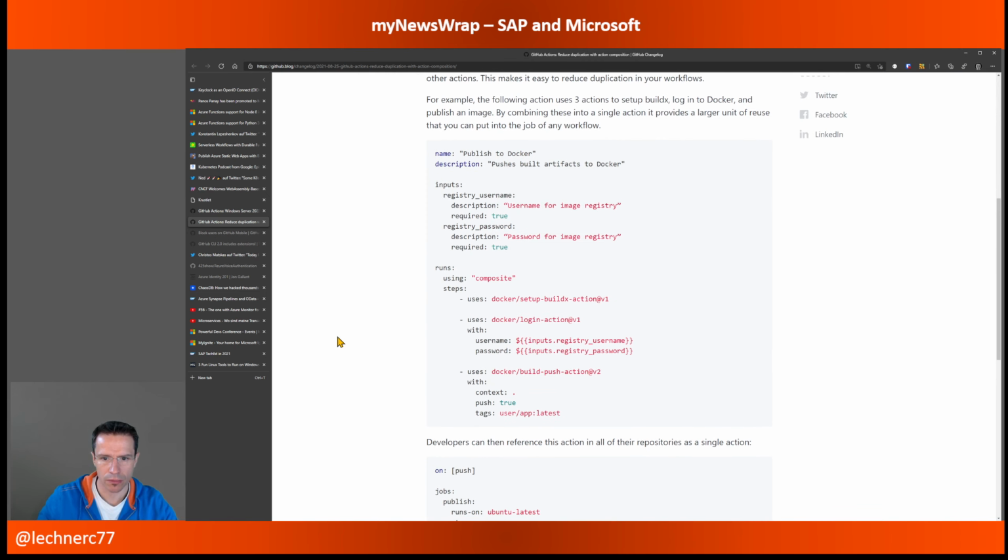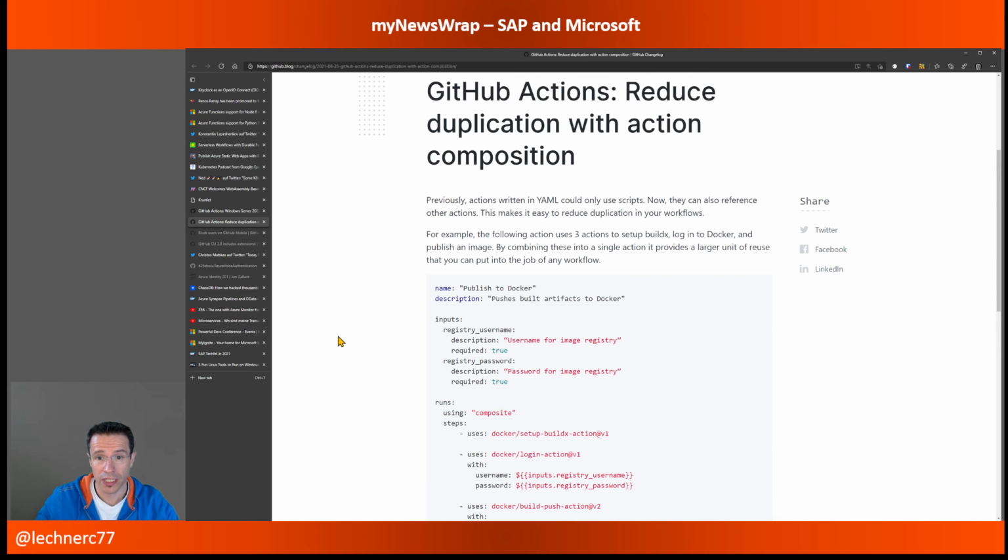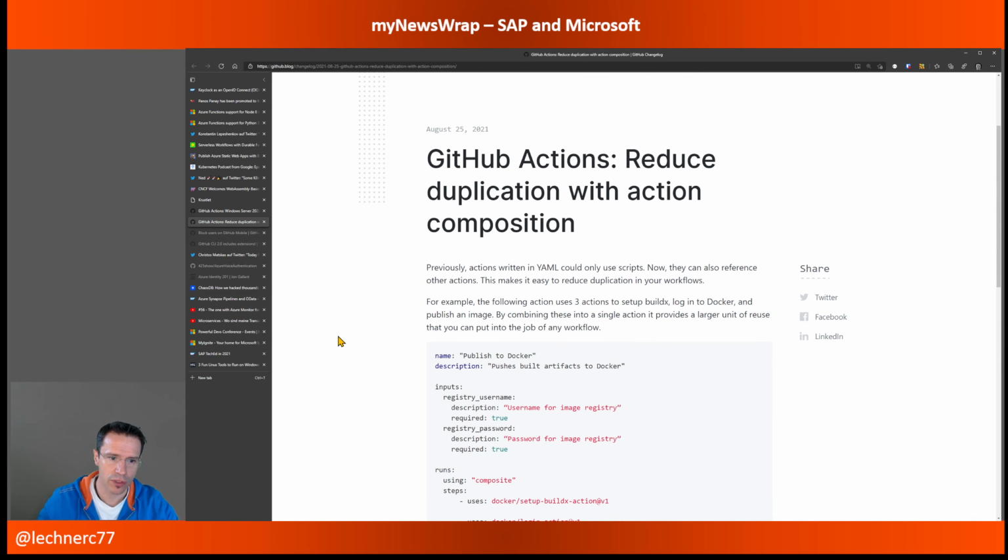There is one very plain example around creating a Docker image and pushing that to Docker Hub. And this kind of atomic building block is then reused within another action. So that's really great because this will highly reduce the amount of copy and paste code and the maintenance that comes along with that. So that's really cool.